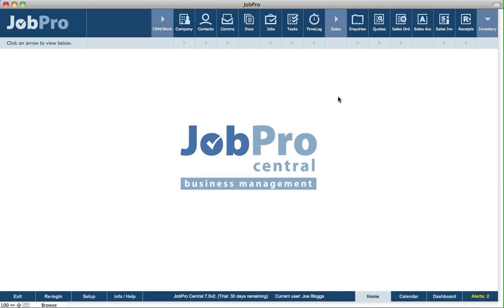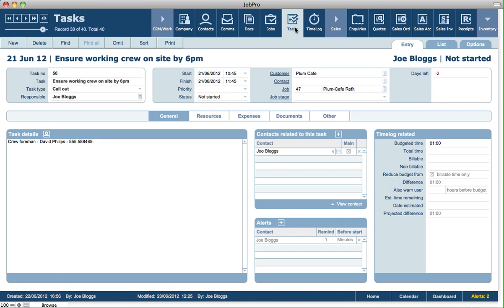A new feature in JobPro is where you can get alerts on screen based on different criteria. So for example, if we set up a task, we can also create an alert linked to a task for various contacts and set to remind a certain amount of minutes before the start of that task. So for example, here's a task where we got a reminder already in relation to that, and that came up